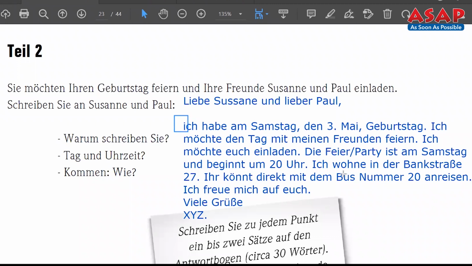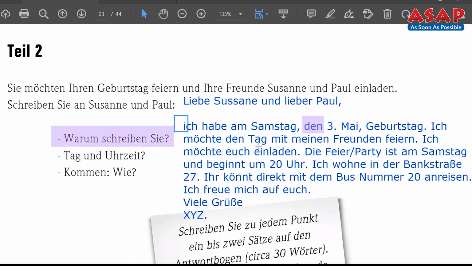Ich habe am Sonntag then written my Geburtstag. Now here I have written my and all. You can even remove that part, skip that part. Why? Because it is not expected that you should cover all these things like cases and all that. Grammatically you don't have to be perfect, mainly when it comes to accusative and dative. So even if you don't have this, you can say ich habe am Samstag dritte Mai. Still it will be considered correct. Then, warum schreiben Sie? This is what we are answering right now. This is the first point.